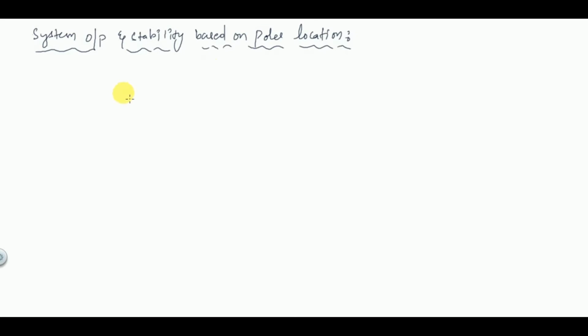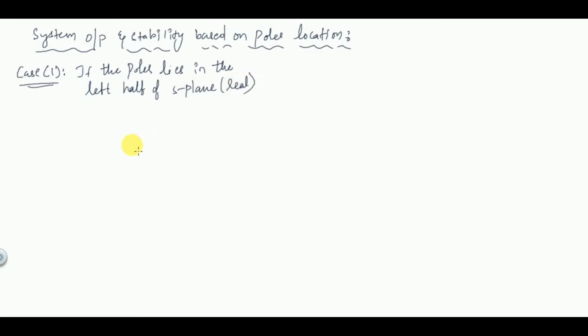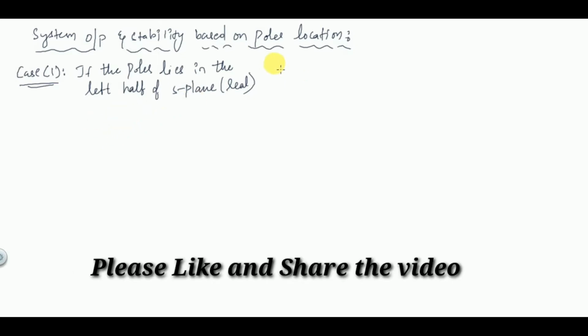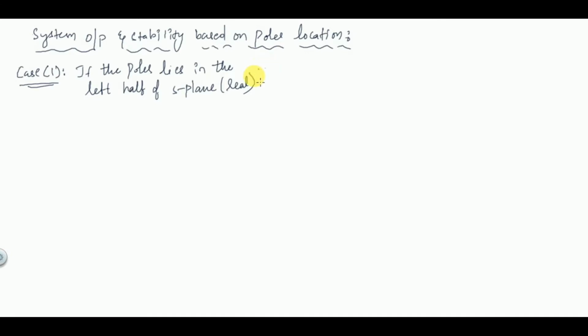So for case 1, we will take different cases, different cases for different locations of poles. So if the poles lie in the left half of S-plane, and the poles are real poles, then in this case,